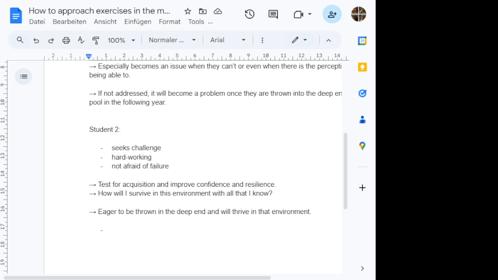And again, if we push ourselves to our limit, we get the best learning results. And this kind of attitude will help us later in the following year, when I will throw them into the deep in year 3, they will thrive in that environment. They are confident enough to understand, okay, this is difficult, but I will find my way. I will find a way to survive, to get through this maze, or to not drown